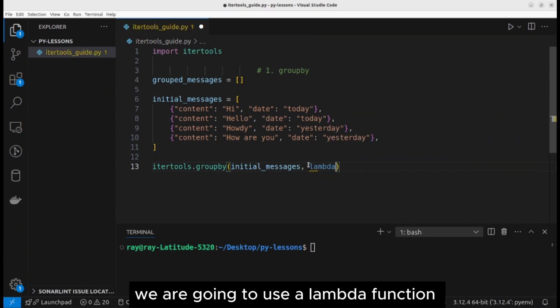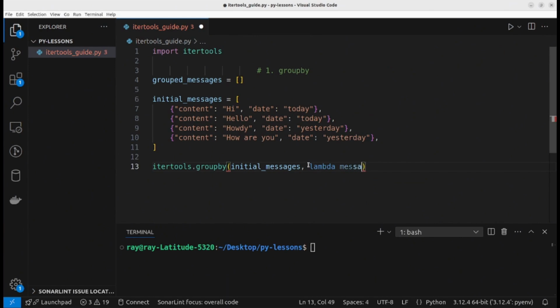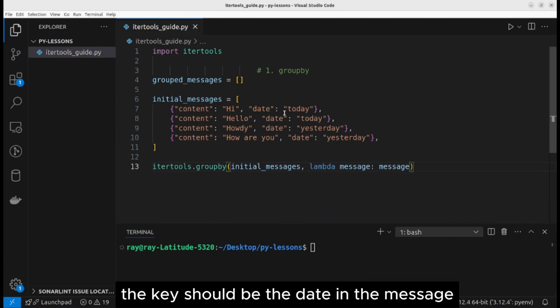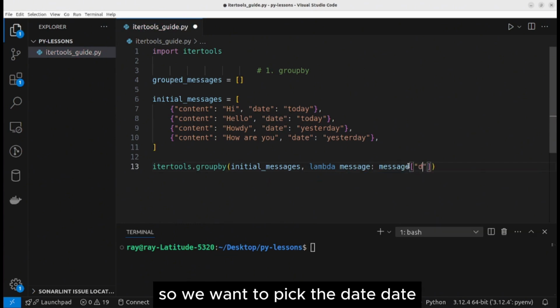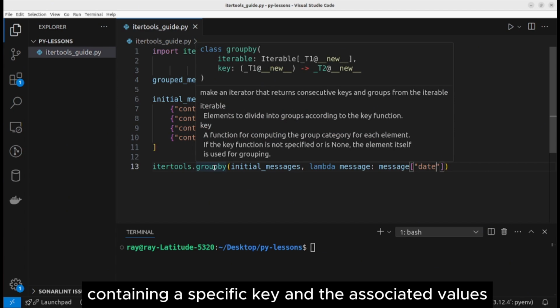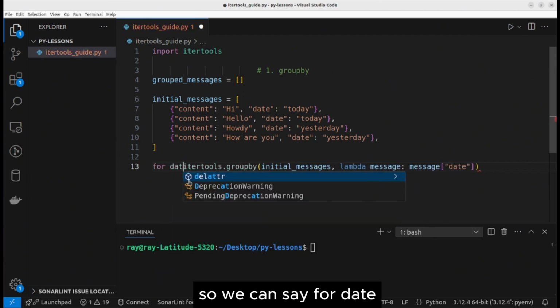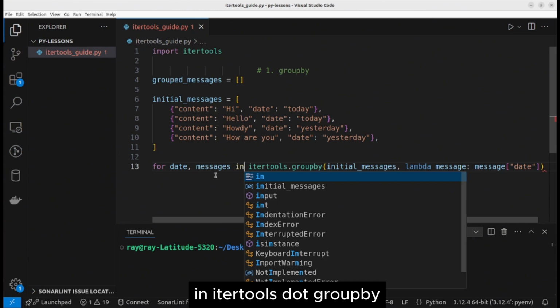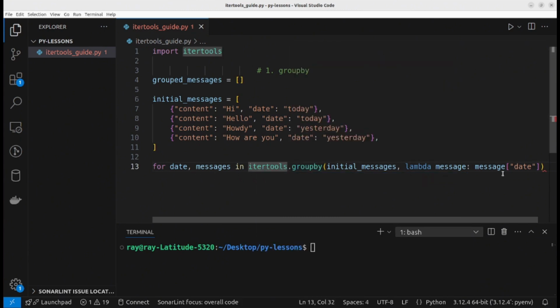We are going to use a lambda function, message, which is the parameter. The key should be the dates in the message. So we want to pick the dates. The groupby function returns an iterator containing a specific key and the associated values. So we can say for dates, messages in itertools.groupby,